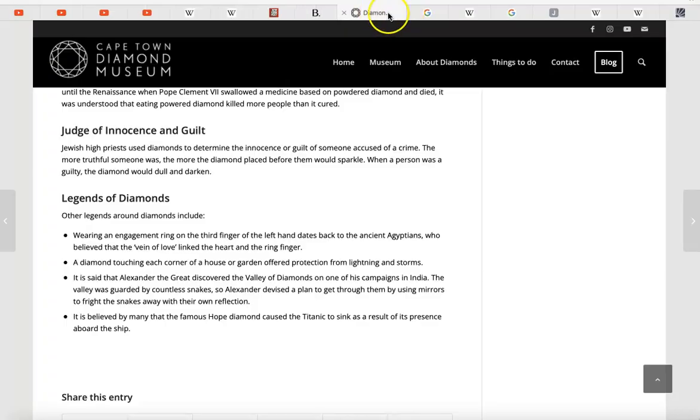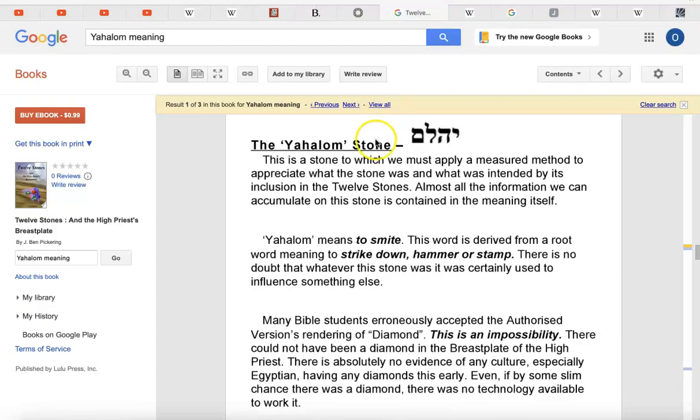And I went through these articles, okay, and I wanted to talk about the Yahalom, okay? What does Yahalom mean in Hebrew? And you can look this up in your own time if you want to. I looked up the word diamond in Hebrew. Okay, I told you I did my research. And I went to Google Translate, typed in the word diamond for English, and then clicked on Hebrew for the translation. And I got what I got.